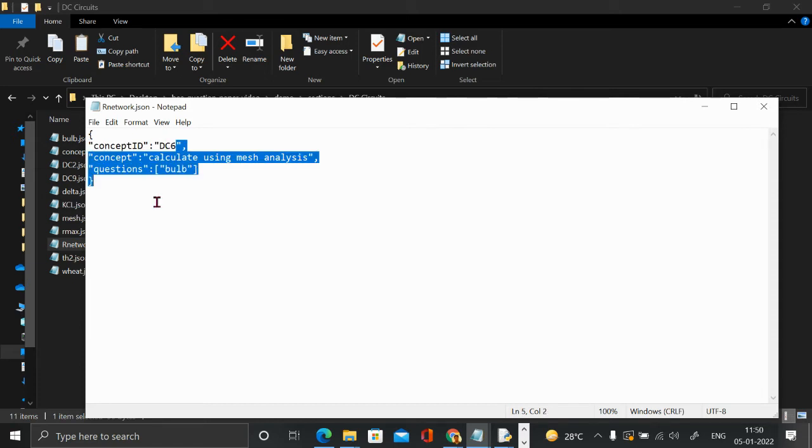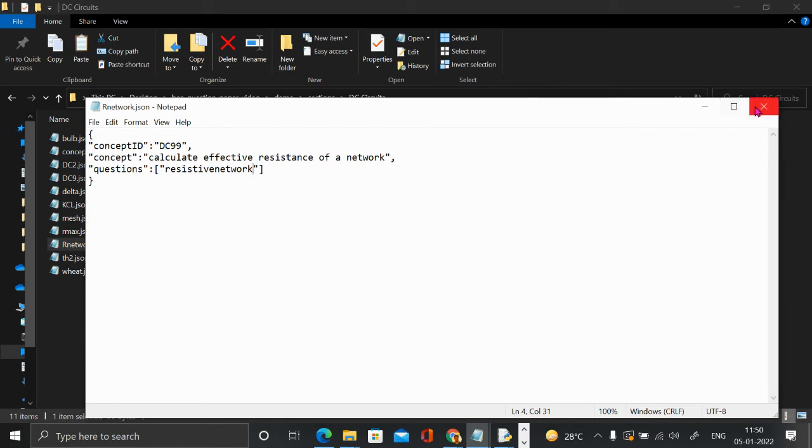So maybe just to avoid something, I will say 99 or something like that. I don't care. And then calculate. Okay, this is just like a description. Effective resistance of a network. So now here is the question I have to give. Okay, so what was the question? Resistive network. That was the name I had given. So I think now I have done everything.